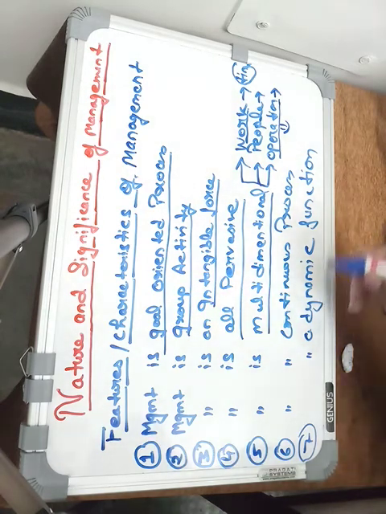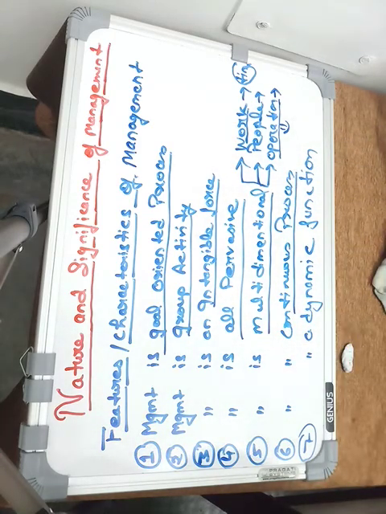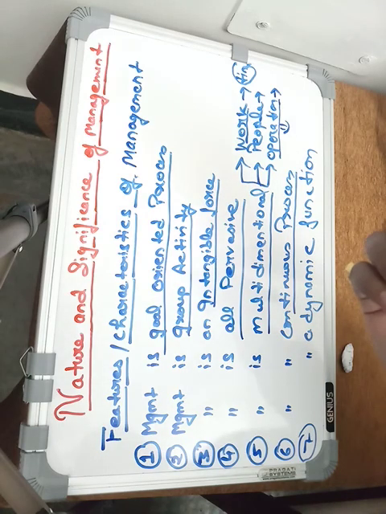So let us move quickly to the next point, the sixth point, that is management is a continuous process. Everybody knows, a very easy feature. It says that management is a never ending process. All the functions of management are performed continuously. For example, you have never seen that once planning is done, it is done for all time. No, planning is also going to be repetitive. In the same way, organizing, staffing, directing and controlling are continuous processes, and they are performed by the managers all the time. So managers perform an ongoing series of functions continuously in the organization. Then comes